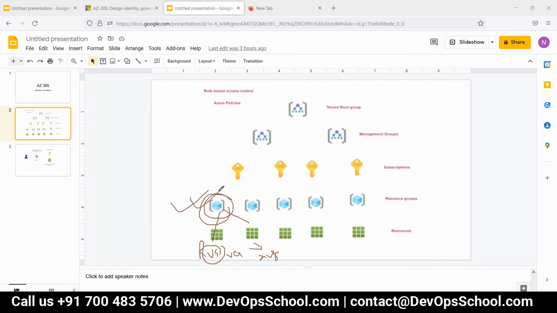The place where that metadata is stored is the region of the resource group. So the region of the resource group is the region where its metadata is kept.